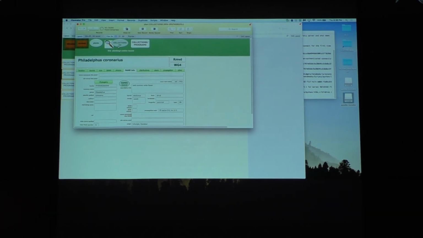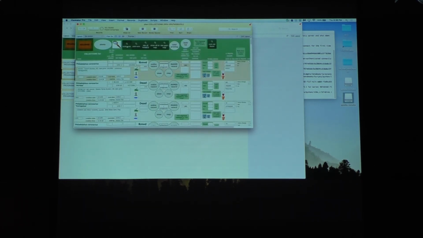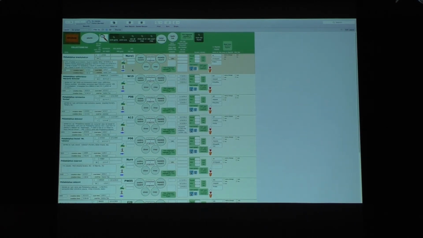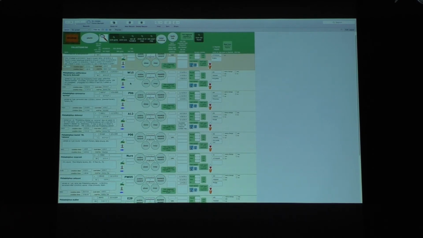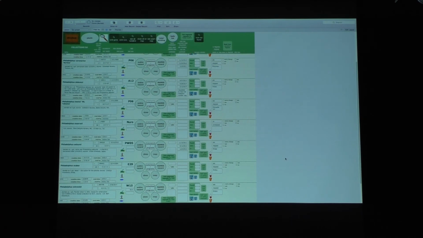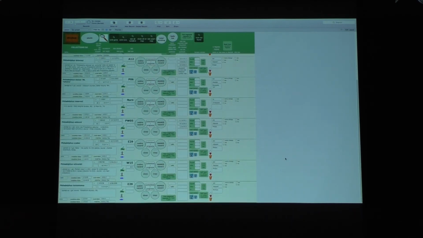Right, I'll put them in list mode so you can see that. I'm going to omit all the gone records at least and alphabetize this. So I'm going to also just quickly, so I have less things to search, remove some duplicate records. It just goes quicker if I do that. So what we're going to do is generate a map of all these species just to see what is the range of Philadelphus across the world. So we have about 10 things in our record, at least in our database.